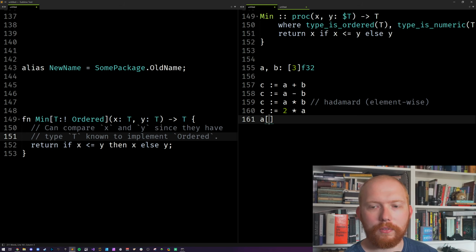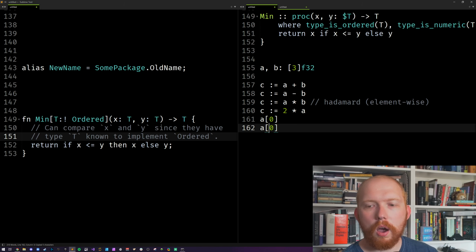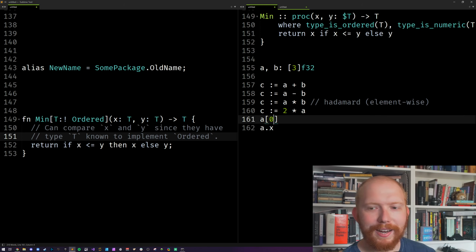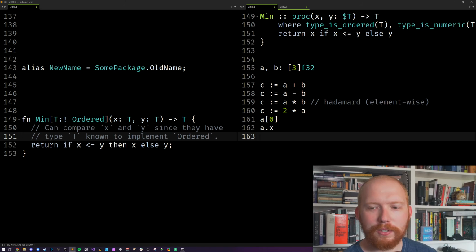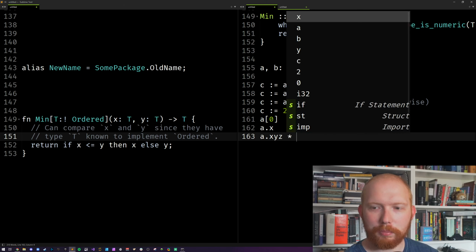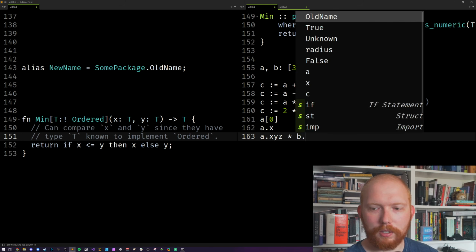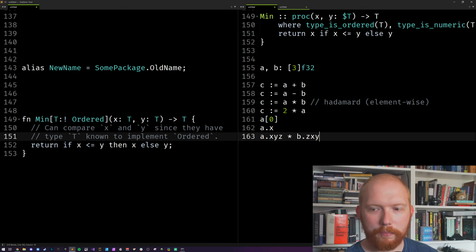We can focus it with the fields. We could even say .x, and we go wait, what? No. You know what we could do? We could do a.xyz, get all of the parameters out, multiply it by b.zxy, like so. And then once we've got the multiplication of that, just get out the y parameter. Yes, we have swizzling built into the language.